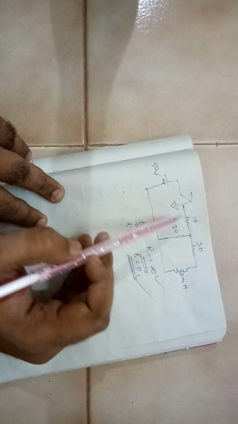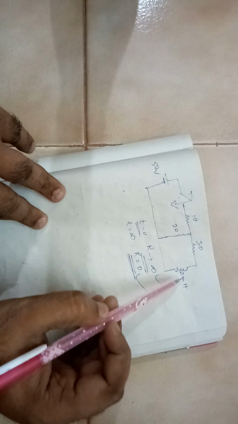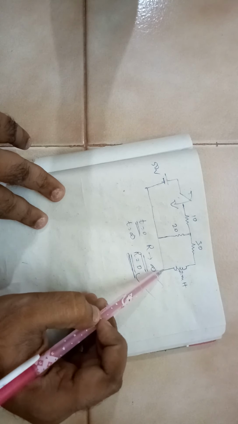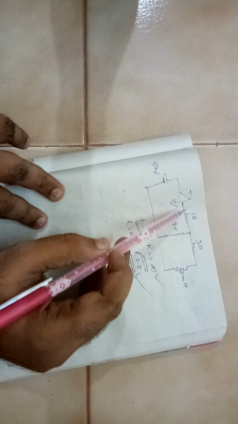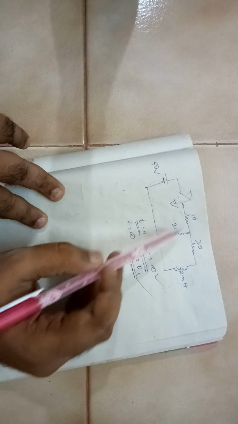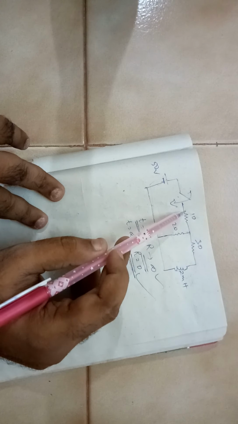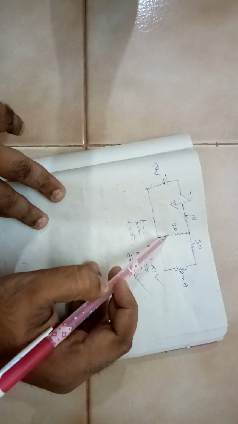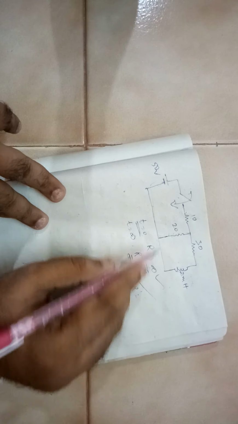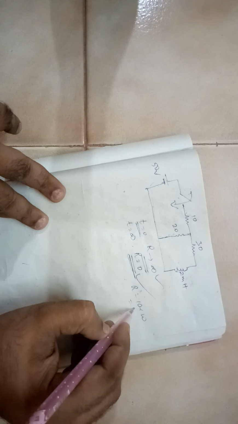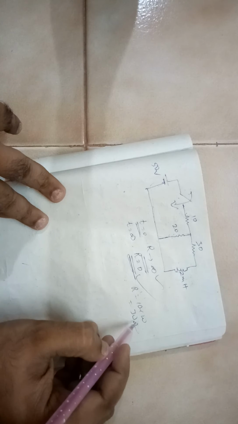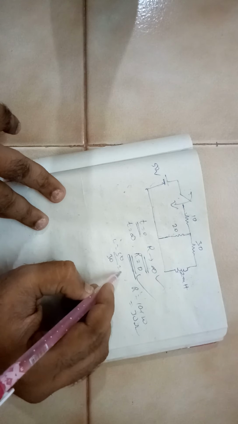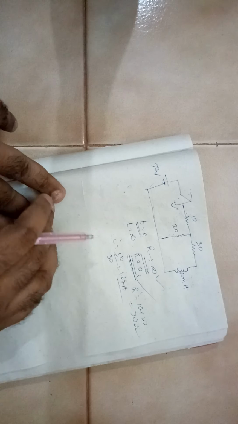Now when you close the switch, what happens? This offers a very high resistance, so current will not pass through this line. It will pass through only this loop. So these two will be in series, and in series the current is same. So both resistors are in series. So what will be R dash? It will be 10 plus 20, 30 ohms. So what will be the current? It will be 50 divided by 30, 1.67 amps.